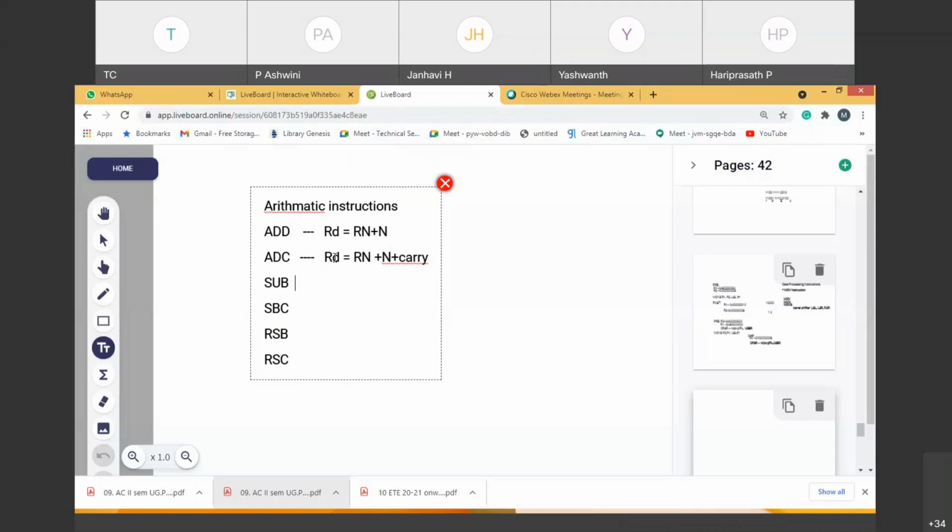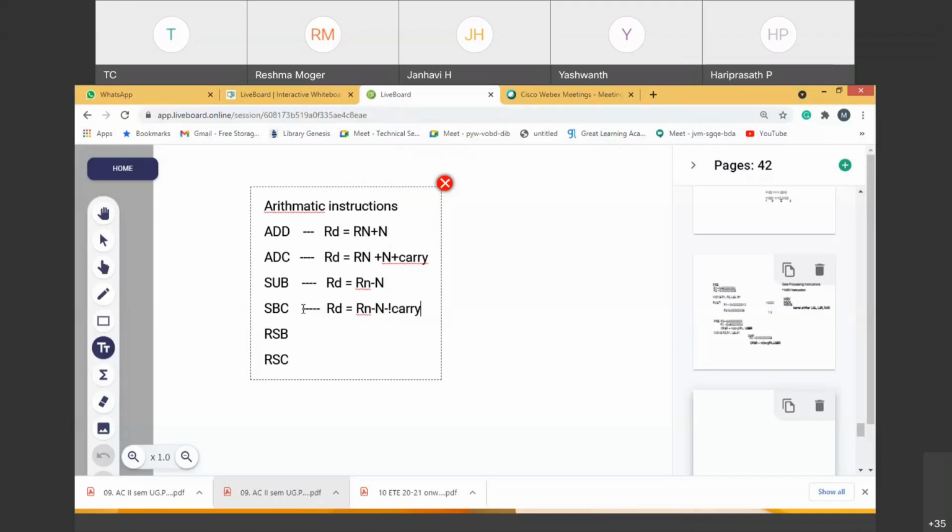So when you say subtraction operation, it is a simple way to say Rn minus N. So you understand how we are writing this. RD is the destination register, I'll take one register and take the content of the other register, Rn minus N. Simple. Okay. So similarly, subtract with carry. How will it be done? This is very important. RD equals Rn minus N minus not of carry. You should say not of carry. That is how it is taken.